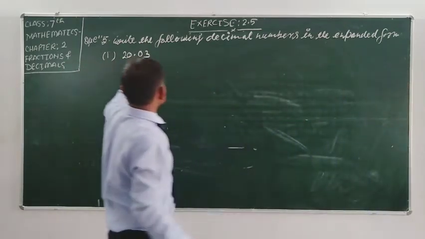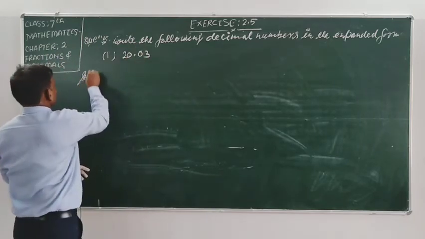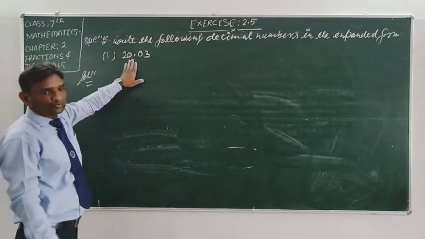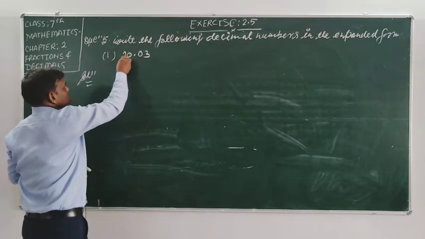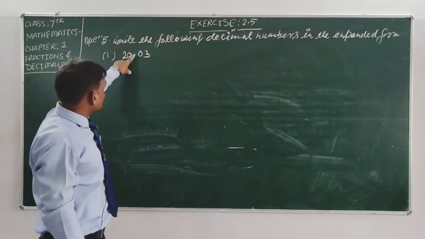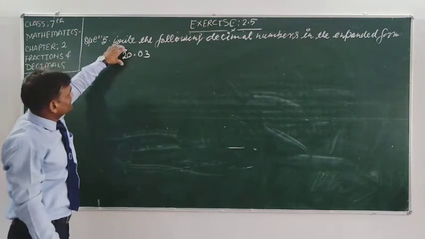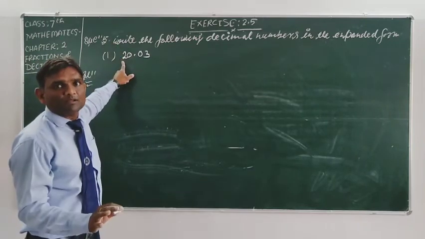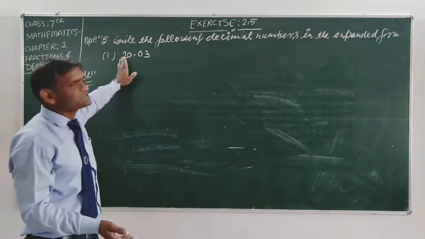How can we write the expanded form of this decimal number? So, student, if we talk about the solution of this question, you know this decimal number has 2 parts, whole number part and decimal part. And in previous classes, you have already written the expanded form of the whole number. Means you need to write each digit with place value. That is the expanded form. If you write every digit with its place value using a plus sign, that is the expanded form.